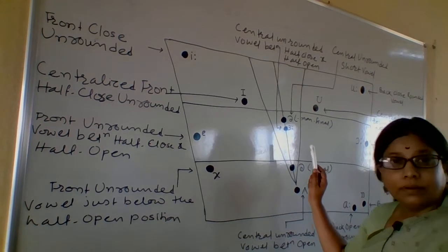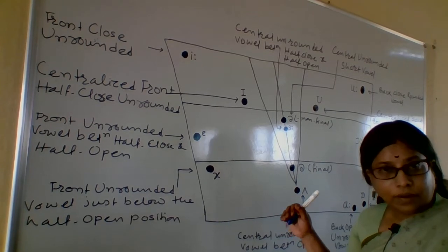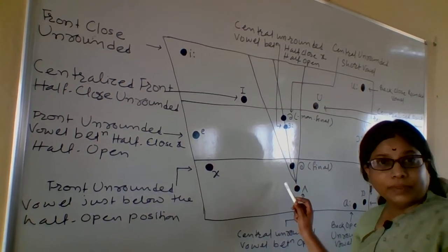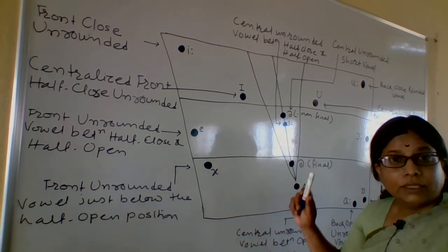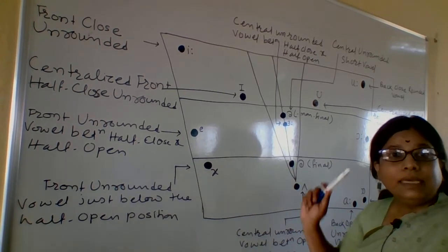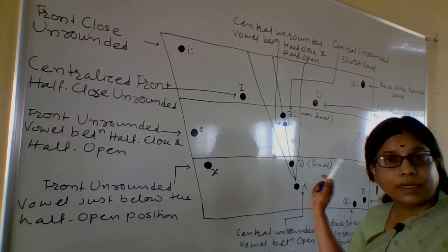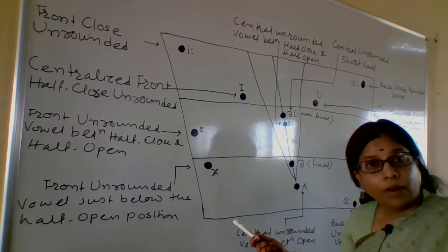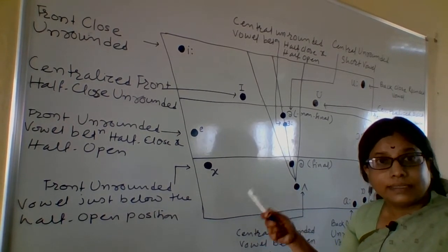In case of vowels like the weak schwa, strong and long, the central part of the tongue is used, so these are known as the central vowels. So front, central or back, these are the labels given depending upon which part of the tongue is raised during the production of a particular vowel. So that decides the second label.